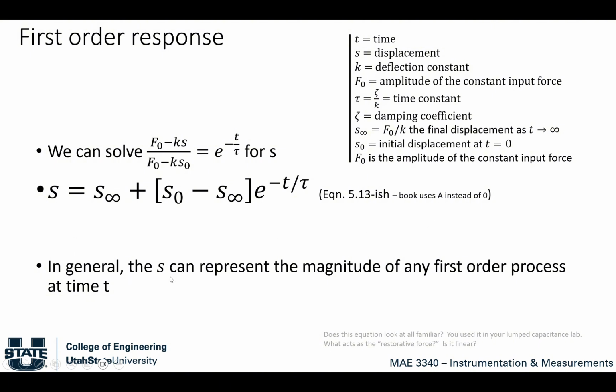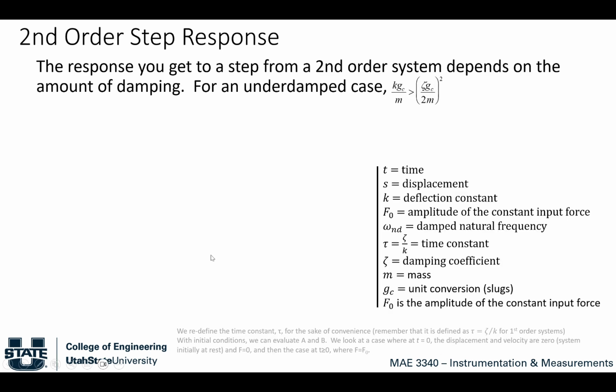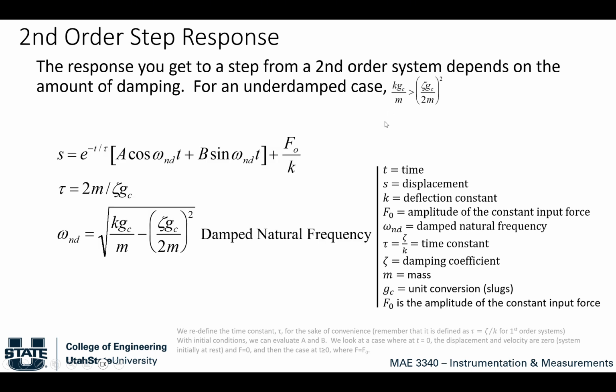And so in general, S can represent the magnitude of any first order process at a specific point in time. Second order, again, variables over here. And again, we can't delete those variables out. So now we have an equation that looks like this. And we have the damped natural frequency. So as long as we know the spring constant, gravitational, the mass, the damping coefficient, as long as we know all these variables, we can just plug and chug. And we can come up with the solution of these at a specific point in time, given the amplitude of